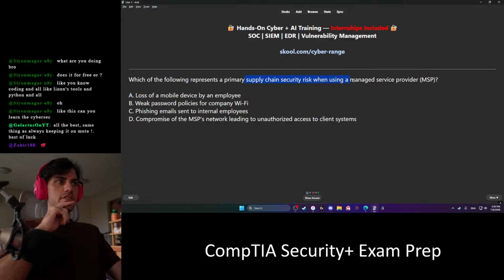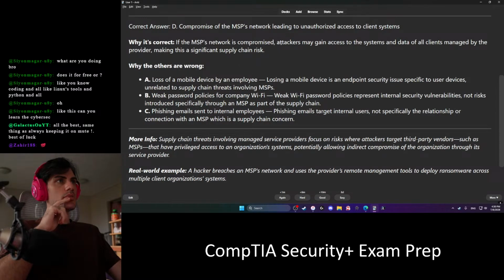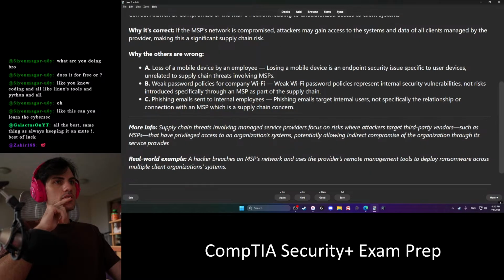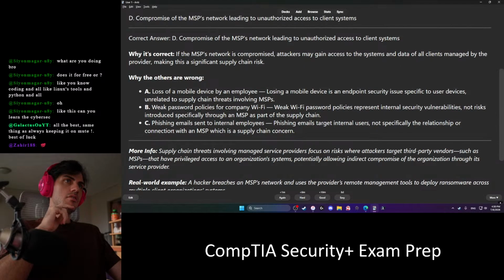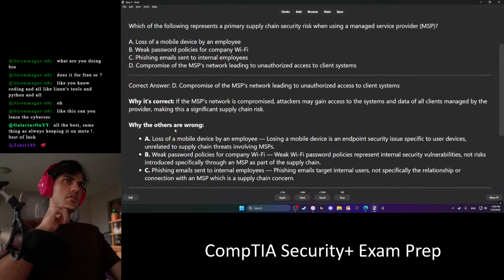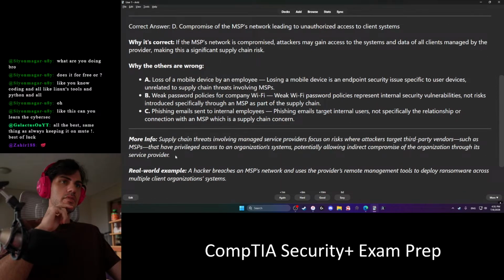Primary supply chain security risk. Also, device, weak passwords, policies. I think D. I'll probably do that. Managed service provider.